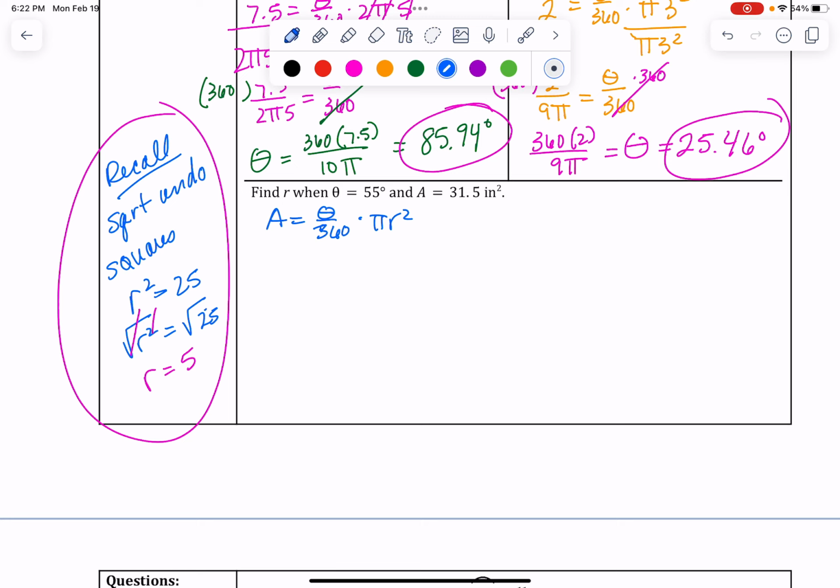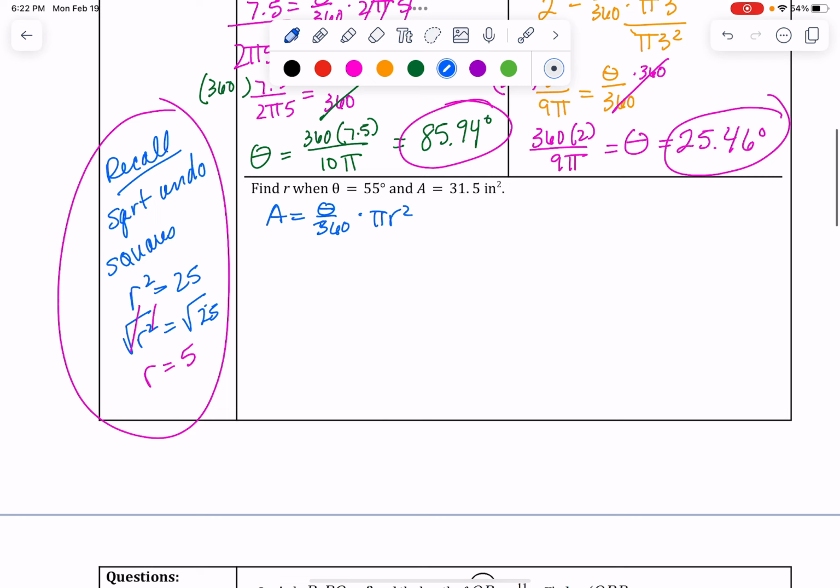So when we plug everything in, area is 31.5, theta is 55 over 360 times pi r squared. This is all multiply. So I can just divide 55 over 360 times pi, and divide this 55 over 360 times pi, so that I get